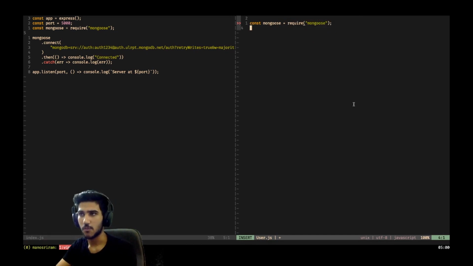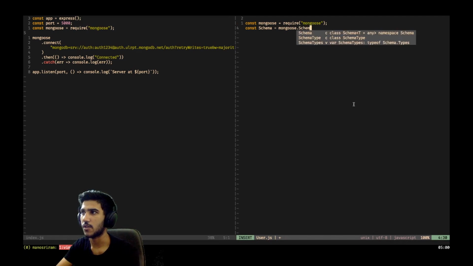And Mongoose has a terminology or an entity called a schema. It is used to represent any model. So for example, a user has an email, a password, and a phone number. So a schema represents all of those details. In order to create that schema, you have to import that schema first. You can do that by creating a variable schema, though that's actually not required. You can use a Mongoose variable here, and it has a property called schema. So you can use that now.